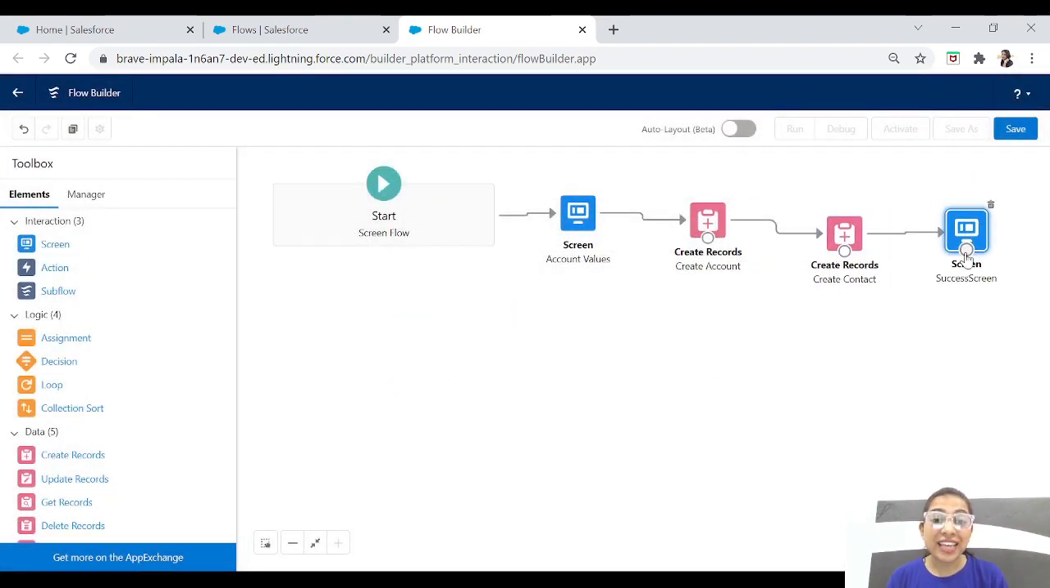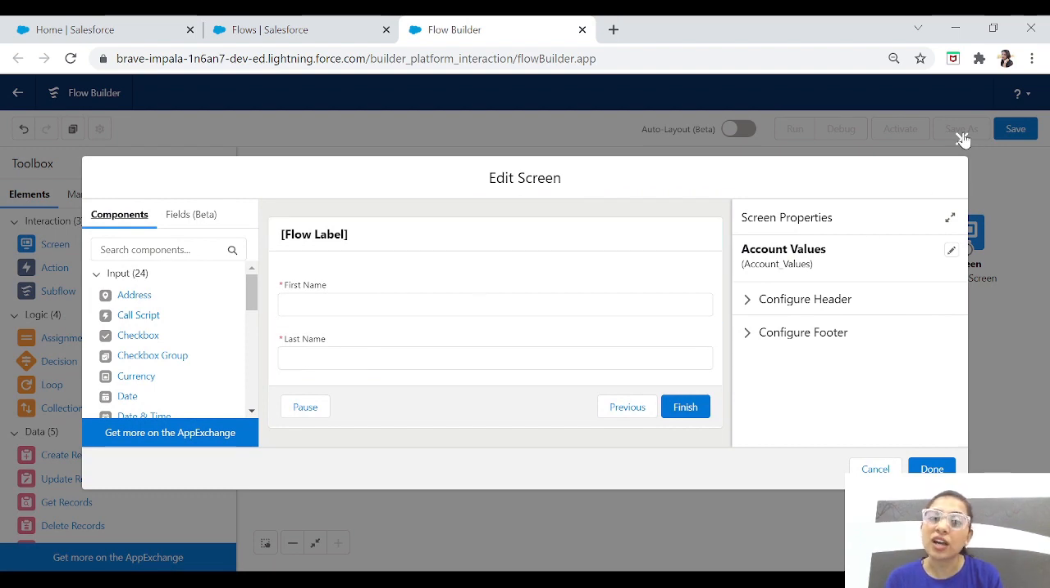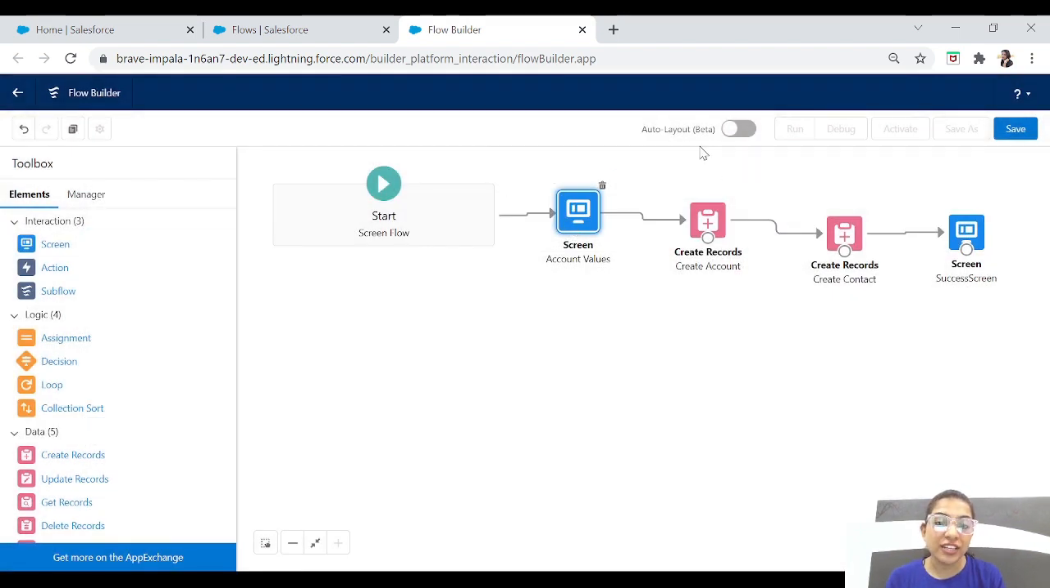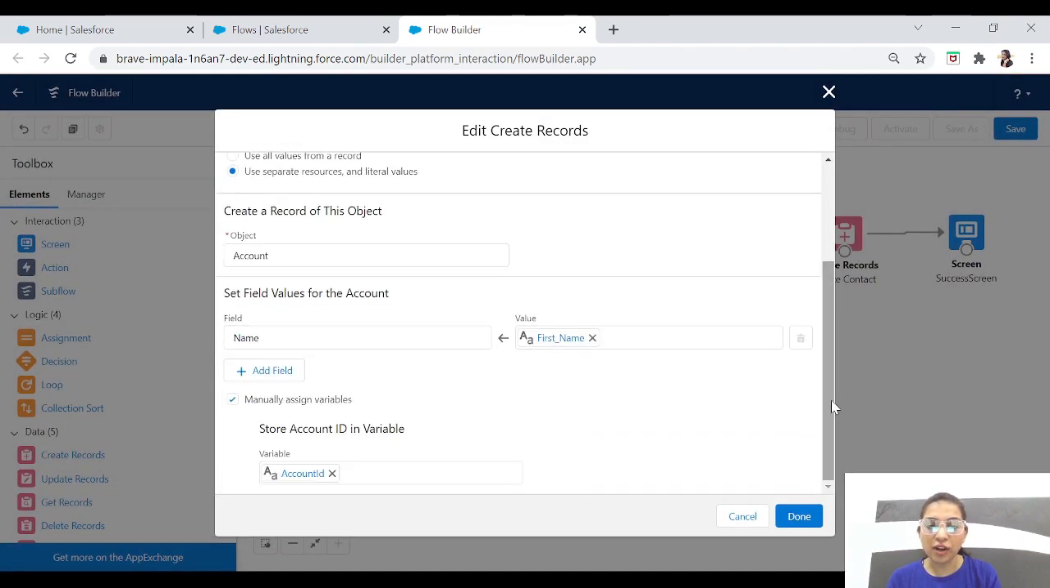Now let me give you a recap of what we have created. So firstly, we have added a screen element on which we are asking the user the first name and last name of the account they want to create. Then after filling that, we have added the create record element which will create a record with the values of first name and last name, and also it will save the account ID that it has created in a variable